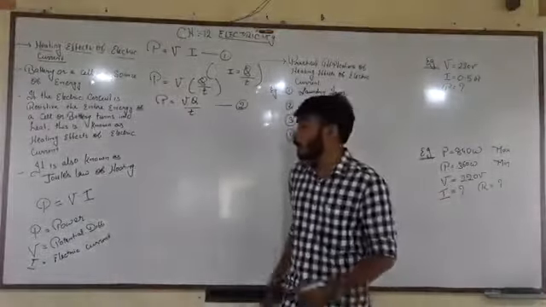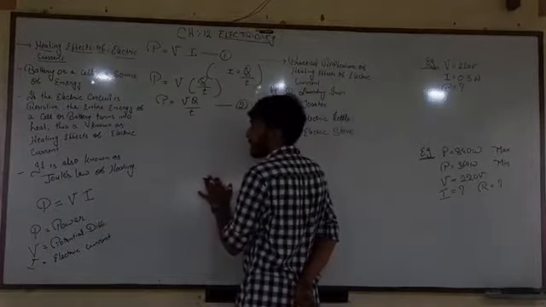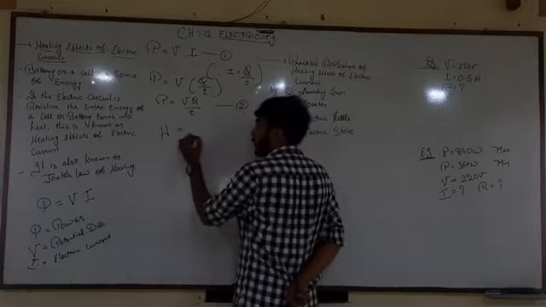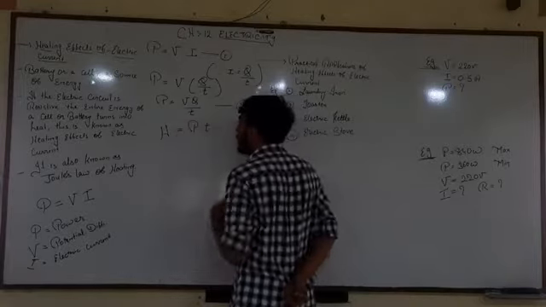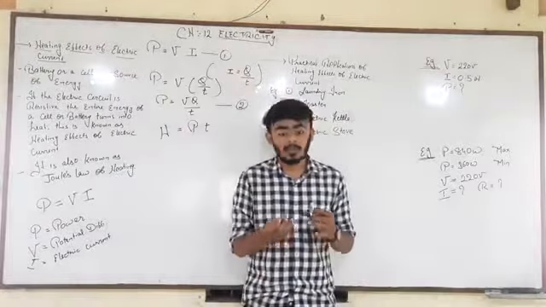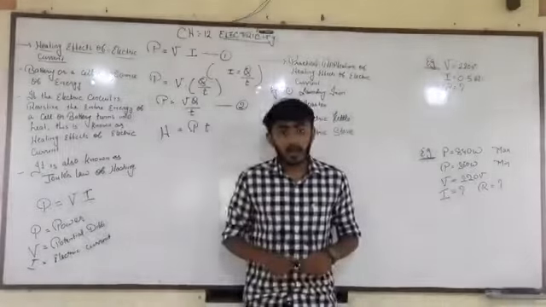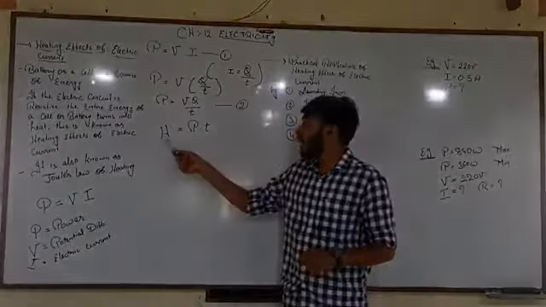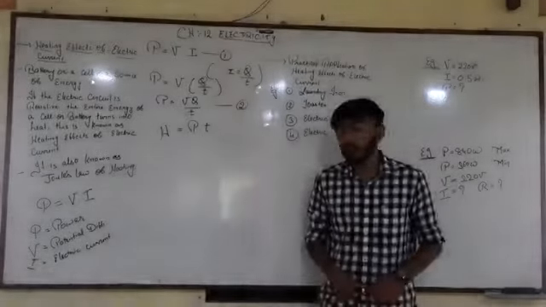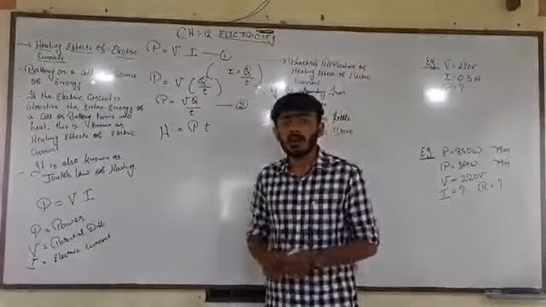The same way, how many hours you are running your fan or AC is also dependent on time. So over here, the heating effect of electric current is denoted as H. It is denoted as H, and H is equal to power multiplied by time. I hope you are getting it. The product of power with time is known as the heating effect of electric current. I hope you are clear with this. So H is equal to P dot T.